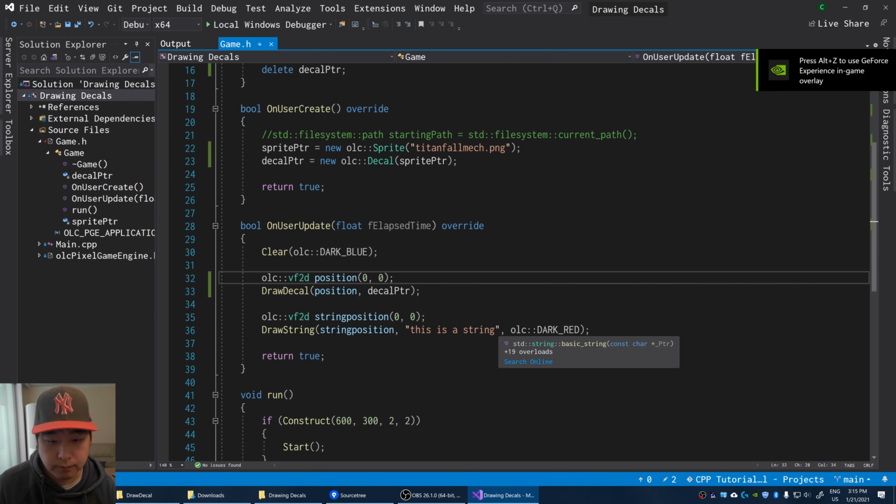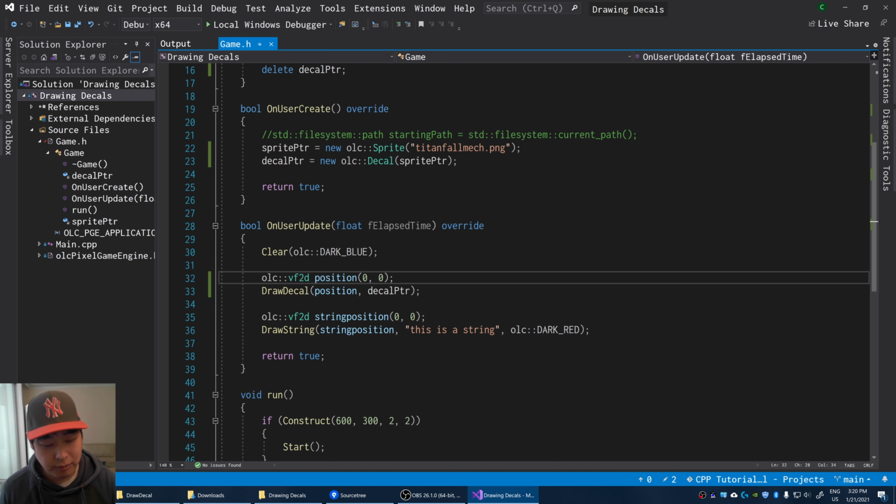So that's nice. Now the drawDecal function uses something called OpenGL. If you're a PC gamer, you've probably heard of OpenGL. It's an API, and an API stands for Application Programming Interface, I think. But just to give you the layman's terms, OpenGL is something that sits between you and your GPU, so that you can interact with the GPU and you can render stuff using the GPU onto your computer screen. Now there's many types of GPUs, all with different specs, built by different companies. It's unrealistic for you to write code for every single one of them. Instead, we rely on OpenGL to do that for us.